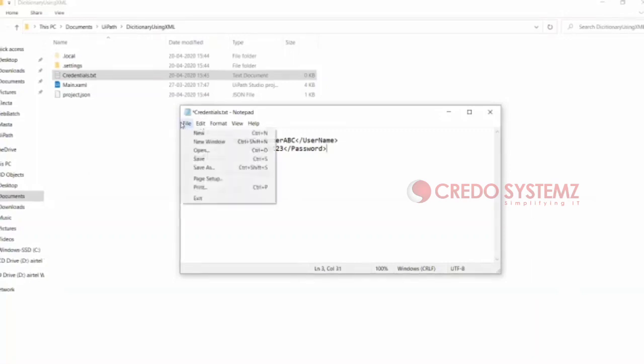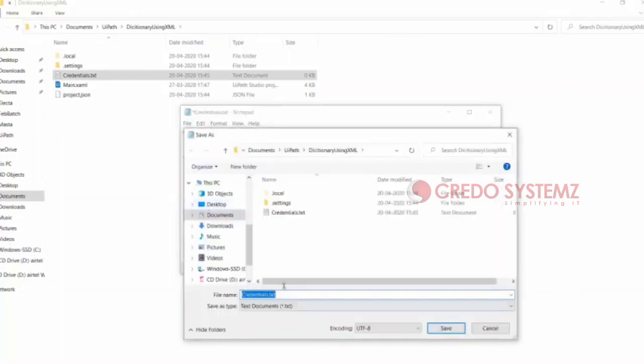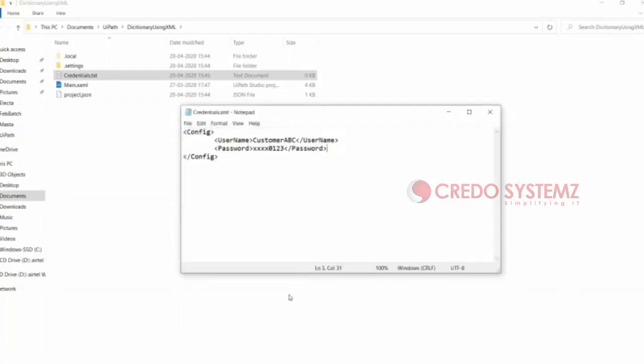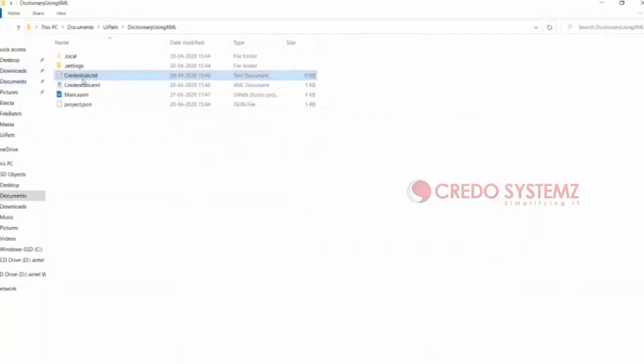I'm just going to say file save as .xml. It would go ahead and save the file as a .xml file. So this is the XML file, and you see the XML file is actually created. This is the XML file which I will be referring to here. In this concept, when you're reading the data source as your XML file, you would have your key as username, which is the tag. The key will be the username and the value will be customer ABC. Similarly, the next key will be password and the value will be